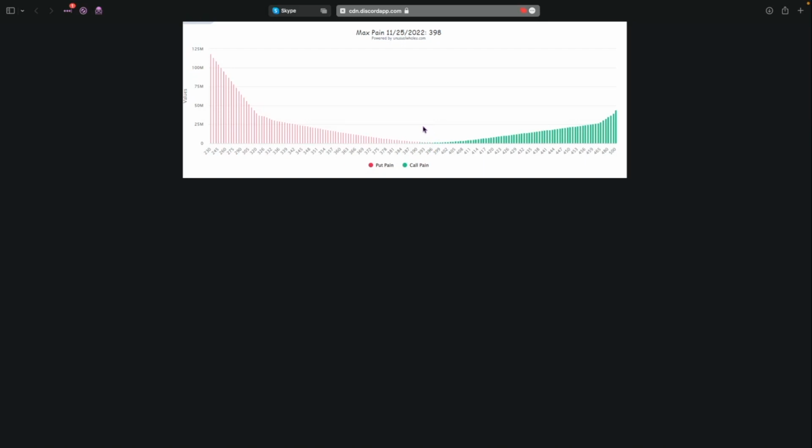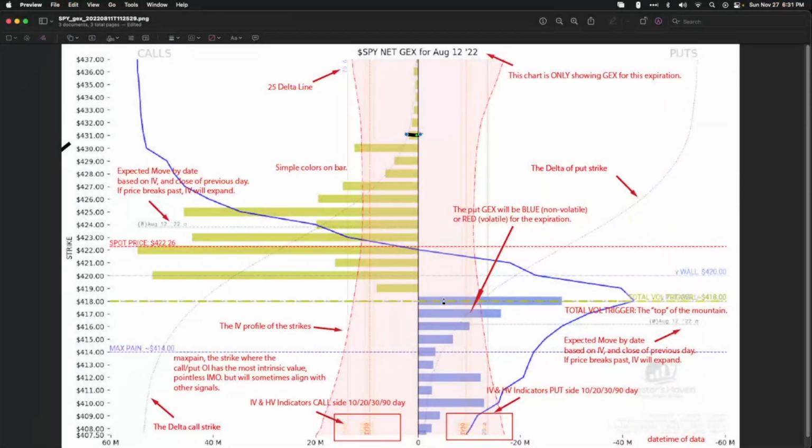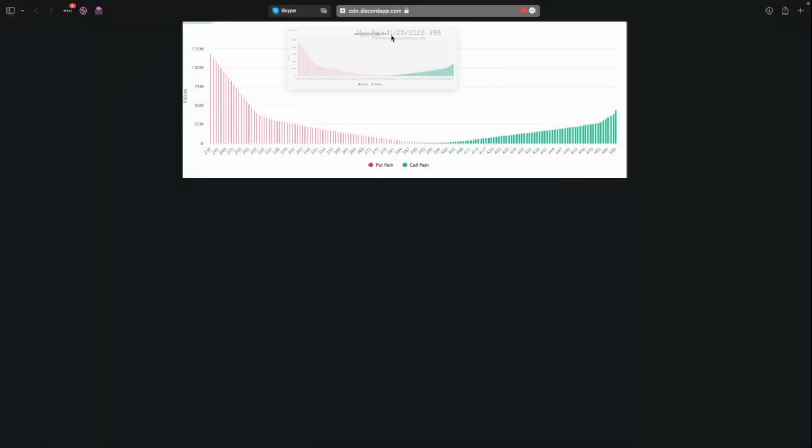Well, actually, I think I have another way to describe this based on what you've been saying. So if our volatility trigger is the point at which gamma is going to flip from net positive to net negative, then max pain is the point at which gamma at expiry would flip from net positive to net negative. At expiry, I see what you're saying. So that's good to know then. It's more important at expiry. You're going to give it more weighting as time goes on. Yeah, I think because that gamma is going to make much more sense.